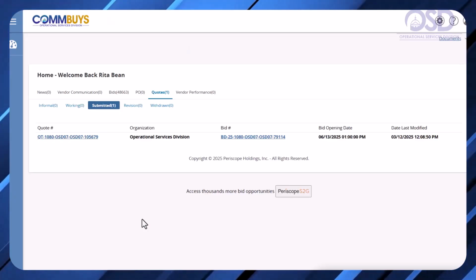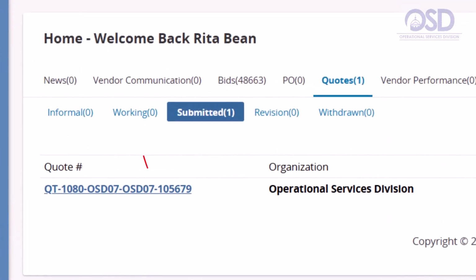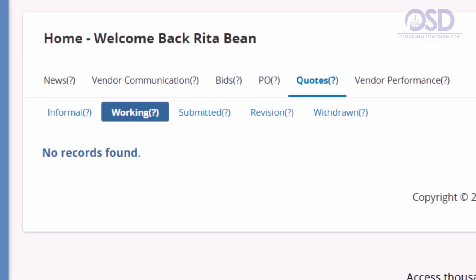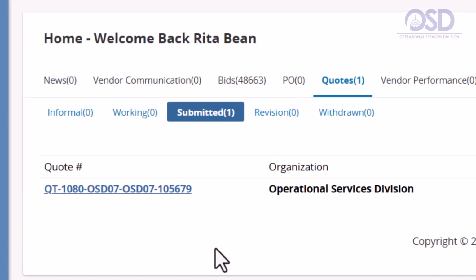If you exited a quote before submitting, you can access it through the Working subtab. Or, if you want to access quotes already submitted, you can do so through the Submitted subtab. In the example, quotes have been submitted and are stored safely in the Combise business account.